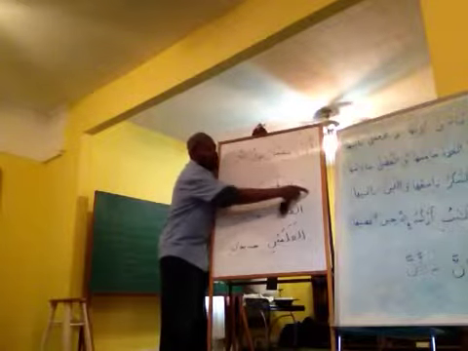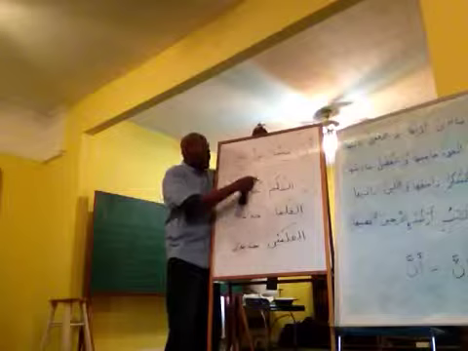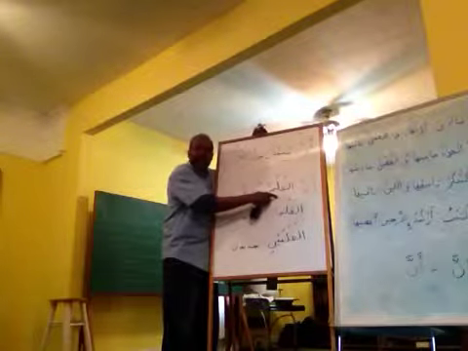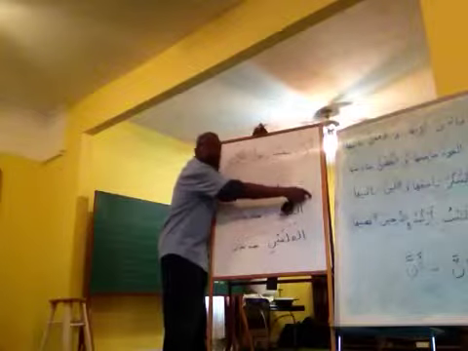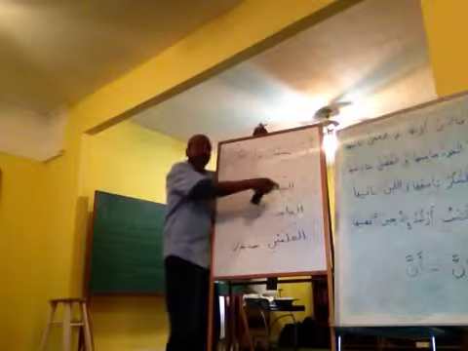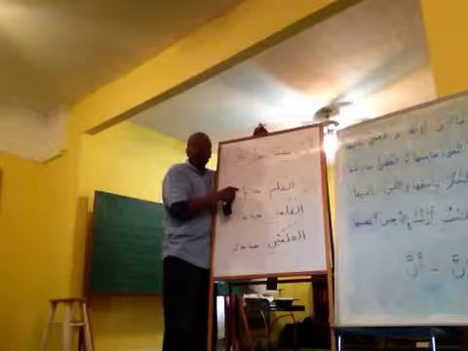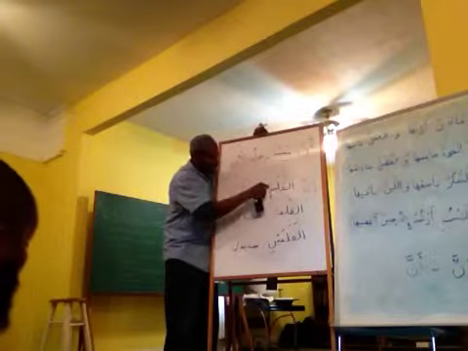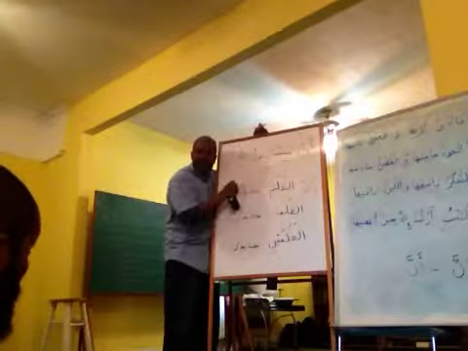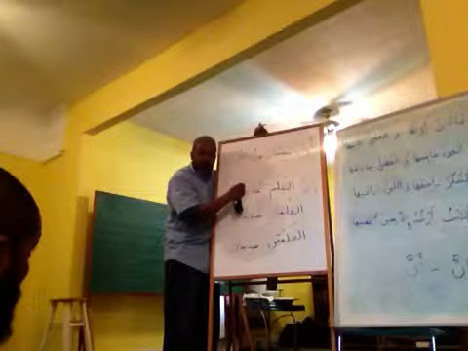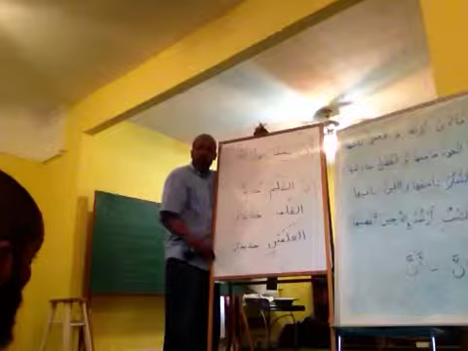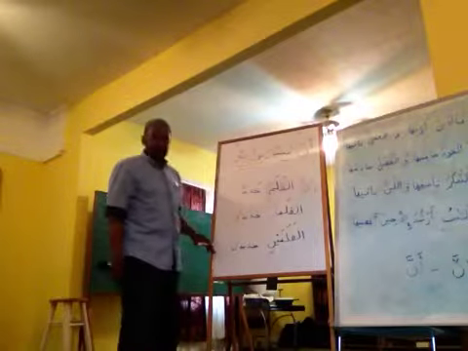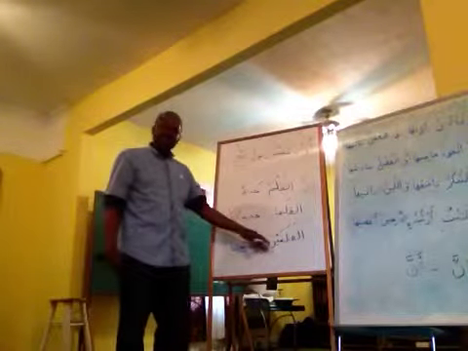Jadid, before inna, was the khabar. Khabar for what? For the mubtada, but this is not the mubtada now. So jadid is the khabar of inna, khabru inna. And the i'rab of the khabar of inna is that it's marfu. So you see now we have a conflict, we have a clash. Not the same now. Everybody with me? Let's come on down to our dual. Now we can see how this works.